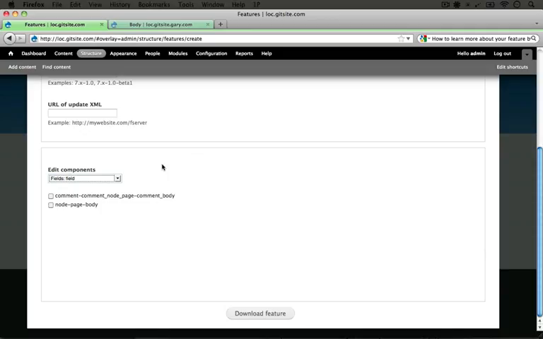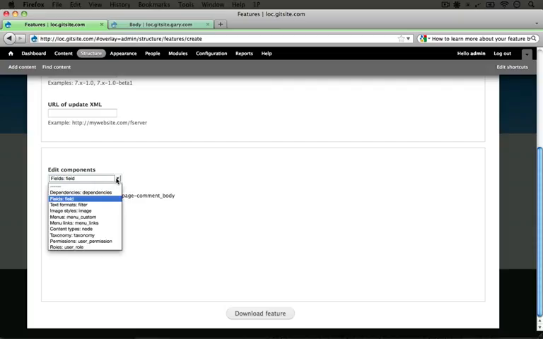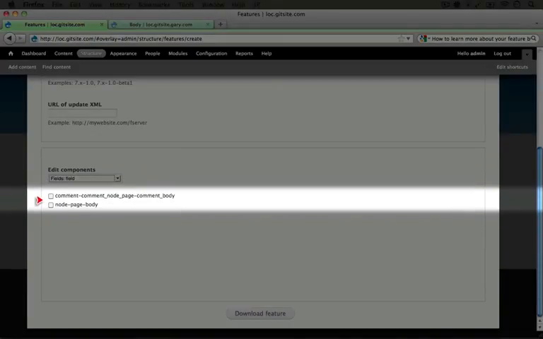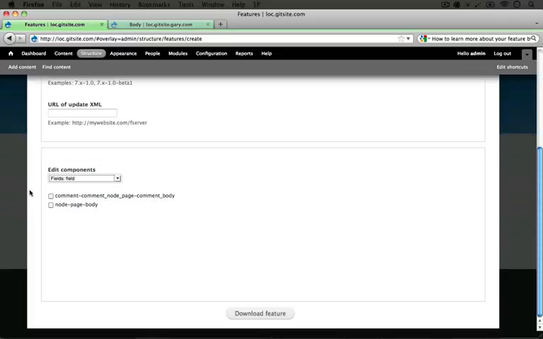So if we were going to try to get everything in code that is currently on our site, what we'd do is go through these different components and we'd try to group them into logical features. So for example, under field here, we have stuff under page. Now this could belong to a pages type feature, if it makes sense to have that as a separate feature,